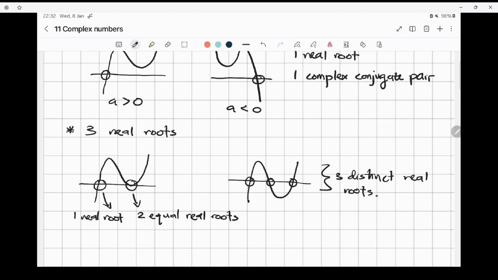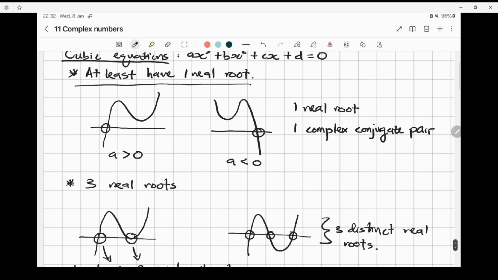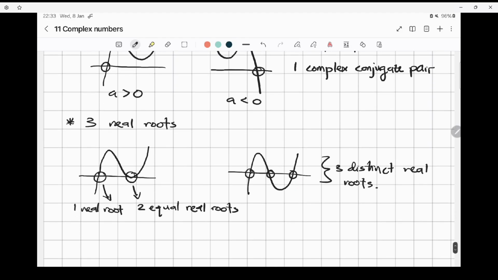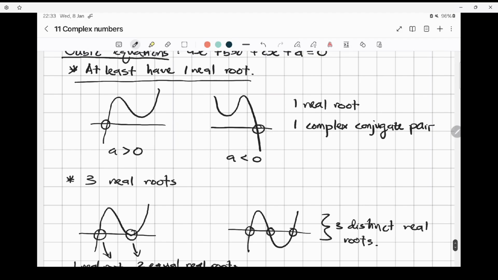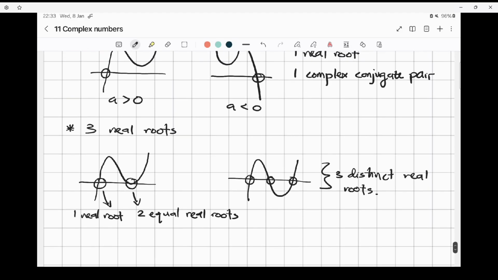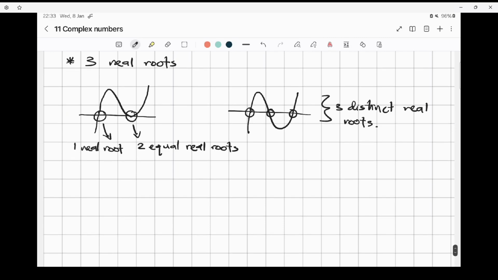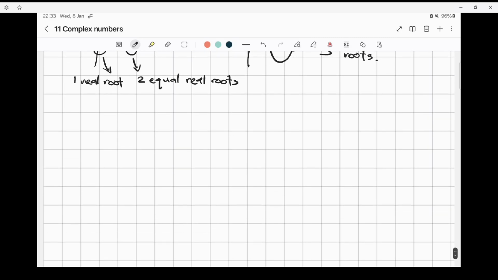So these are the possible cases for cubic equation. You must have at least one real root, and if let's say you only have one real root, the other 2 has to be complex conjugate pair, or you have 3 real roots. It doesn't matter whether 2 of them are equal or the 3 of them are different. So these are the possible cases. So now let's look at